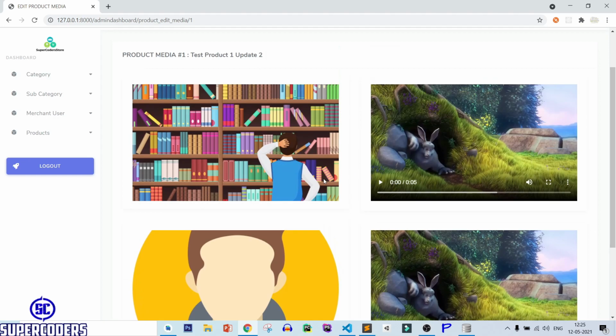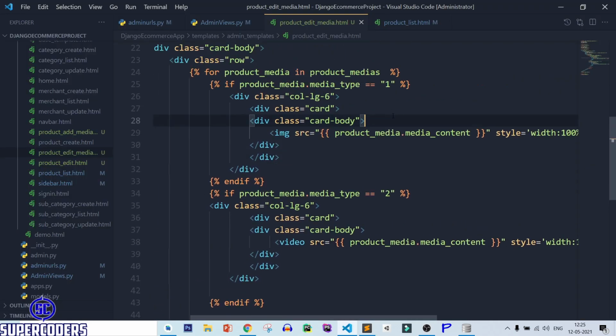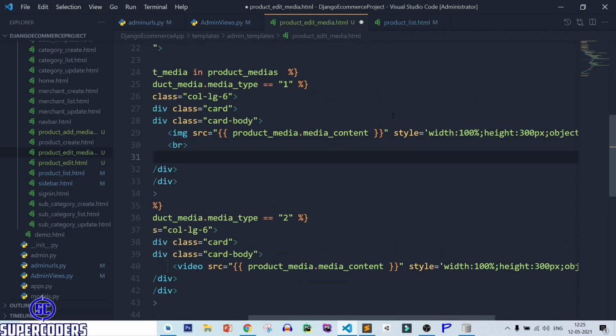Now let's add an option for a delete button. So let's see, br and button or a href, or let's add a button.